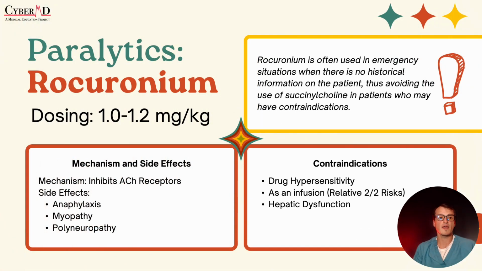All right, lastly, we have rocuronium. Rocuronium's dosed at 1 to 1.2 milligrams per kilogram, and this one's a little bit of a cheat, but I actually do quite enjoy this one, especially the challenge of drawing it out on a whiteboard or on a piece of paper for other people when I'm telling them how I remember this. And I remember this by drawing the letter R,